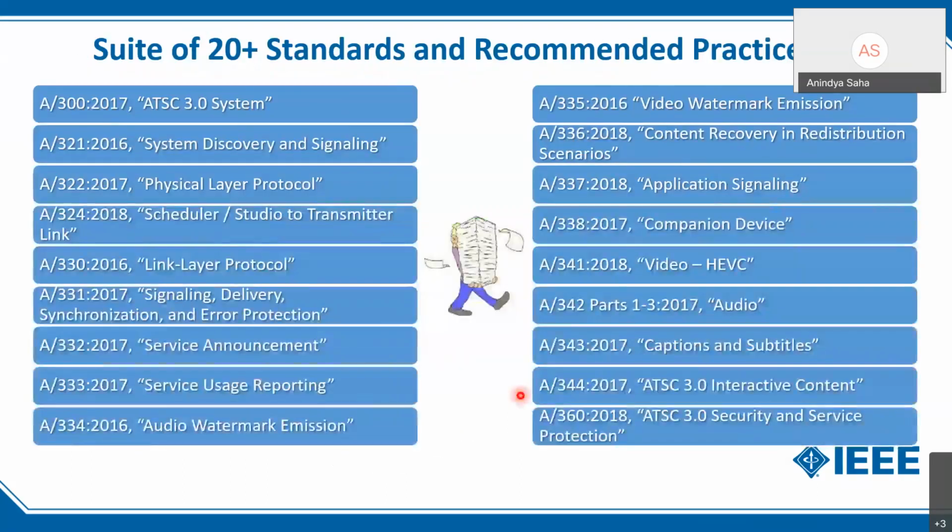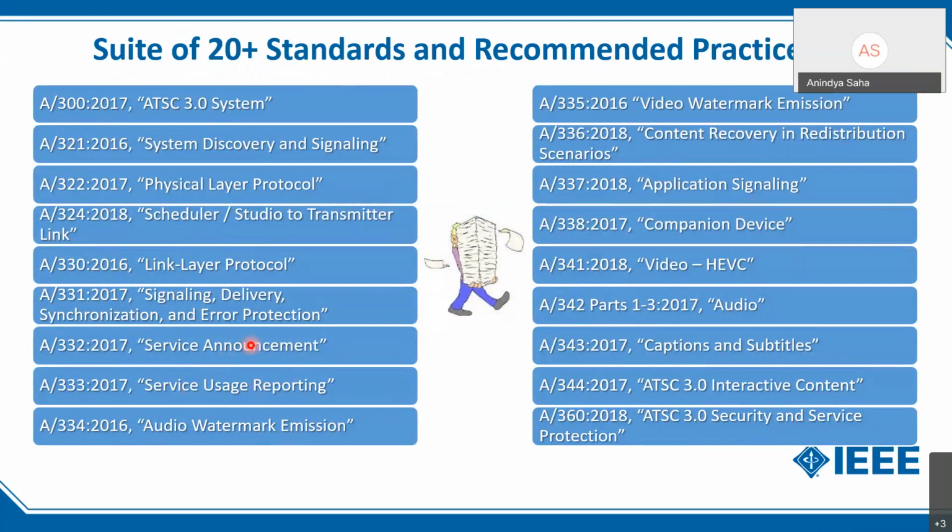Going to the next slide. Okay, so this is actually showing the different standards of ATSC 3.0. The ATSC 3.0 work is, I would say, mostly done, and you can see that it consists of a suite of about 20 plus standards, which cover various aspects. The first three are the physical layer, and then you have the link layer, signaling, and then a lot of